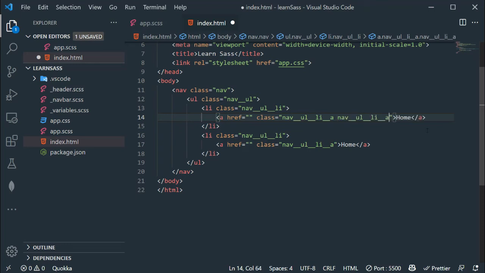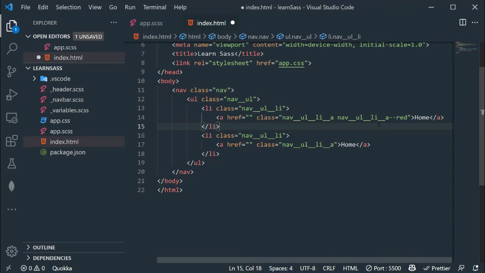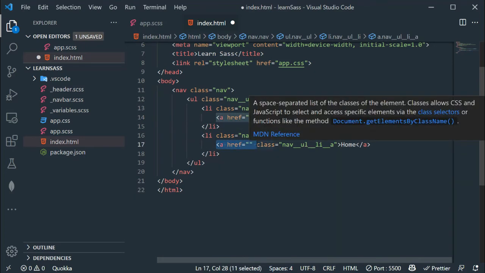Now to add a modifier we have to add dash dash. After the dash dash we can add any name. So let's say red. So this red is a modifier. Understand? Now this anchor tag will have indigo color.